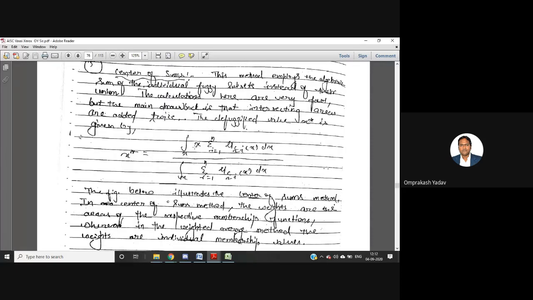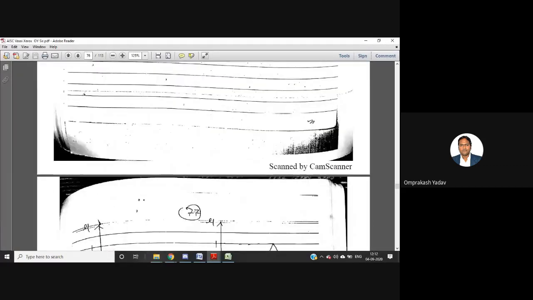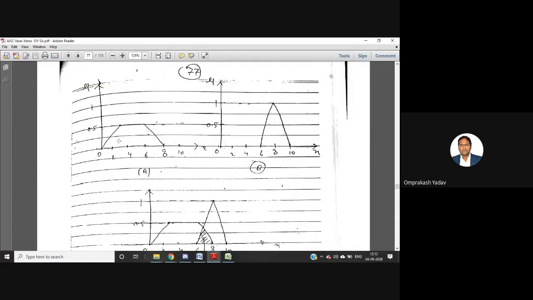From here, what we are actually doing is first calculating the areas and multiplying by that x variable, which will be determined, and then dividing by all the areas. And the idea, if we try to understand from the graph, is that we first calculate the area of this one, then we add it with this particular area. When we calculate the area of this one, we multiply it by, from the example, 0 to 8 it's there, so I'll take 8 divided by 2. So 4 will be 0 plus 8 divided by 2.